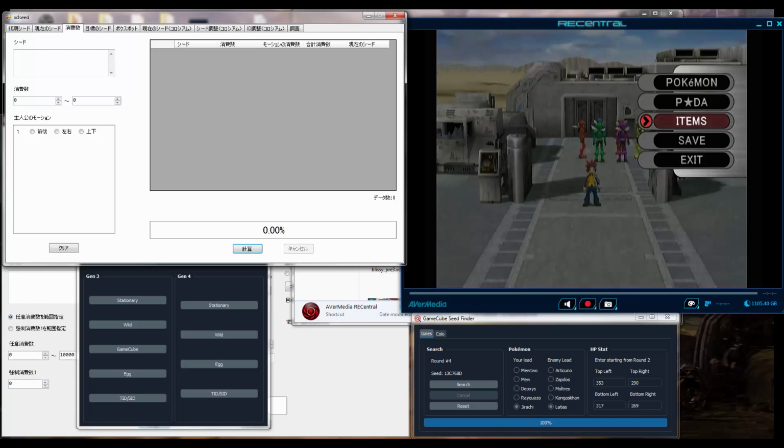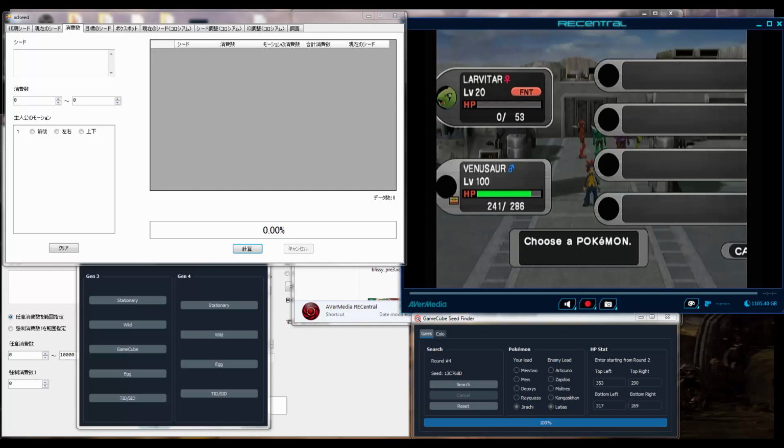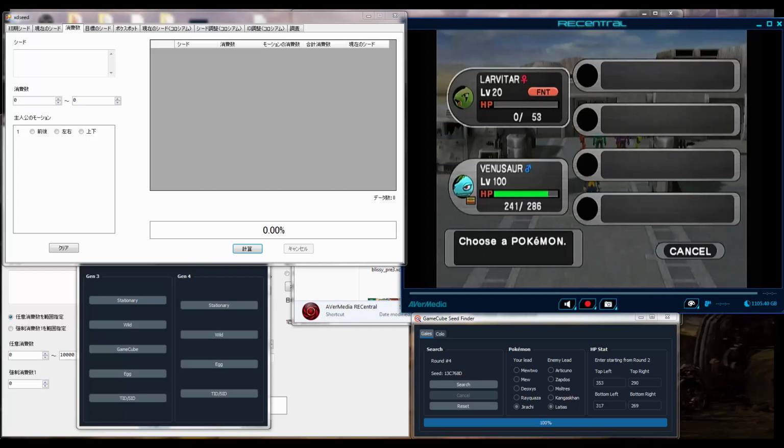Now, there are also other, much faster ways to do frame advancements as well. And this is cool because it lets you get into the high millions of frames. Okay, so the way to explain this is that there are 3 different variations of frame advancements for each specific type of thing. So, viewing a Pokemon in the party slot, that isn't